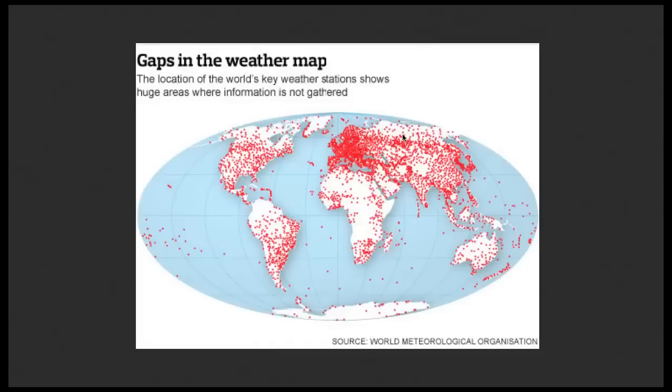Vast swaths of Siberia and northern Russia unaccounted for, Central Asia largely unaccounted for, most of Africa unaccounted for, large parts of Australia unaccounted for, pretty much the entirety of Antarctica unaccounted for. Some pretty large gaps in the weather record there, equivalent to, well, maybe not 10 blades of grass, but how many blades of grass do you need to form an accurate global average temperature?